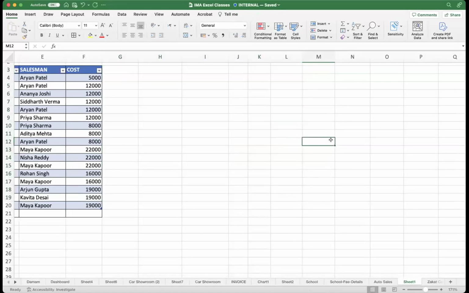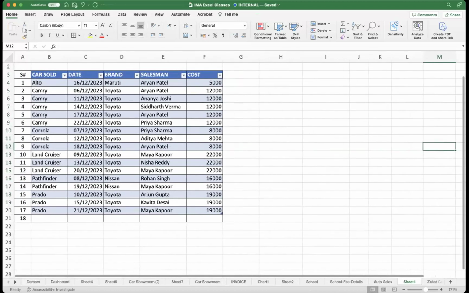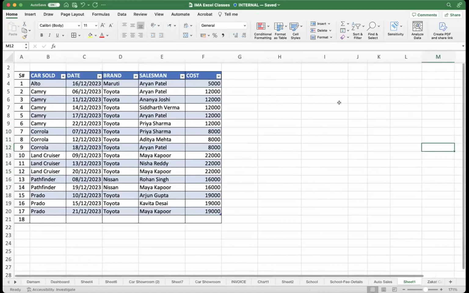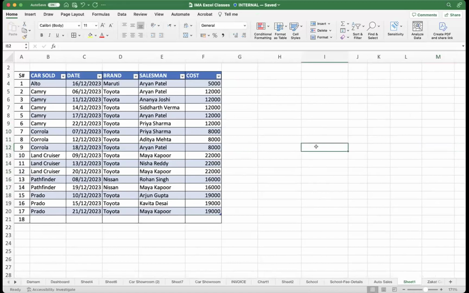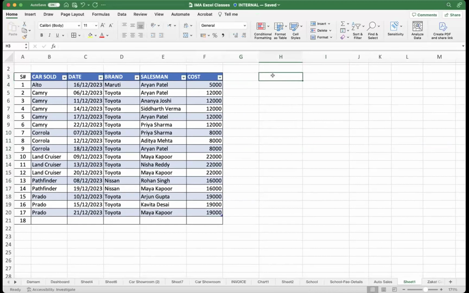अब देखिए, मैंने जो ऐड किया था वो डिलीट कर दिया। ज़ीरो से शुरू करते हैं। अब पिवोट टेबल के बारे में मैं बोल दूं कि पिवोट टेबल, जब भी आपके पास लार्ज अमाउंट ऑफ डेटा है, यहाँ पे तो सिर्फ 17 रोज हैं, लेकिन रियल जब एप्लीकेशन आप यूज़ करेंगे, शोरूम रहेगा, तो हर दिन 10 कार 15 कार अगर सेल होंगे, तो एक महीने में इजीली इट विल गो मोर देन 1000 रिकॉर्ड्स।